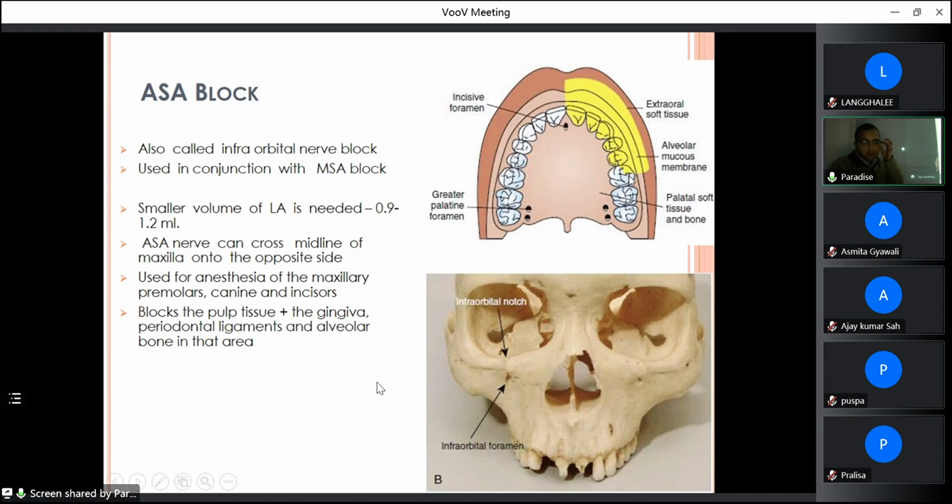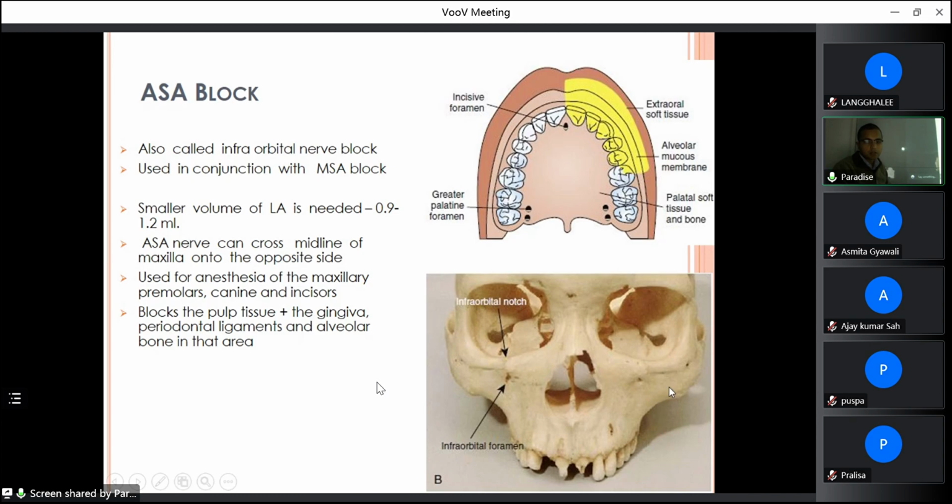Another question frequently asked is, when you deposit local anesthesia in the region of the mesiobuccal root of the first molar, it will not work. Most of the time, it is not efficient. Why? What is the reason? In the region of the first molar, when you give local infiltration, usually it is ineffective. Because what happens in the region of first molar, when you give local infiltration to block the mesiobuccal root,